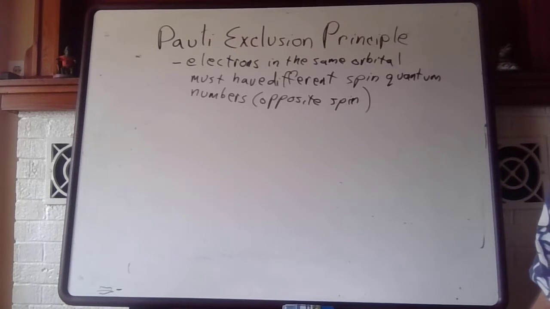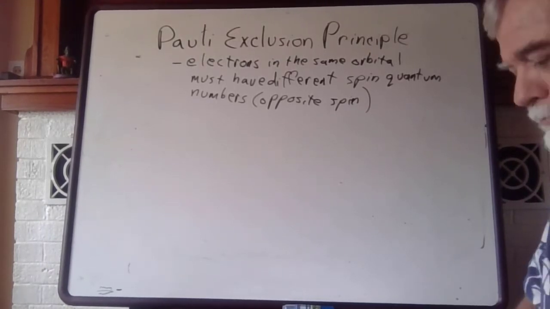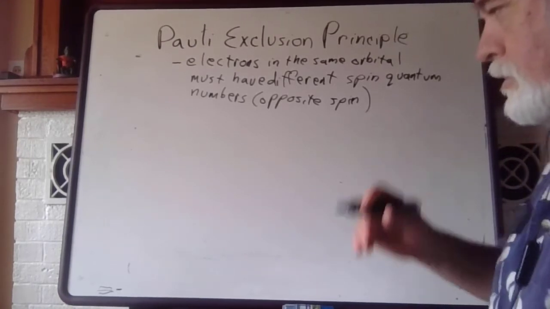And then there's another restriction called the Pauli Exclusion Principle, which says that the electrons, if they're going to be in the same orbital, they have to have different spin quantum numbers. So you need to have an idea of what spin means in order to know what a spin quantum number is. So that's what I want to show you right here with a little picture